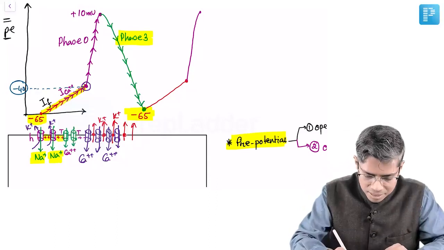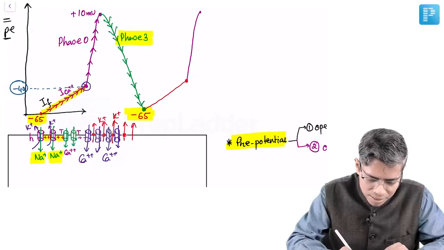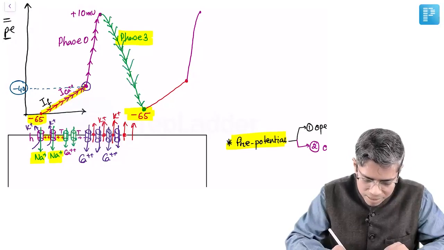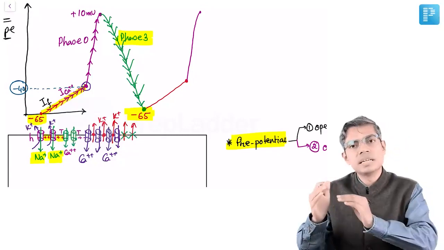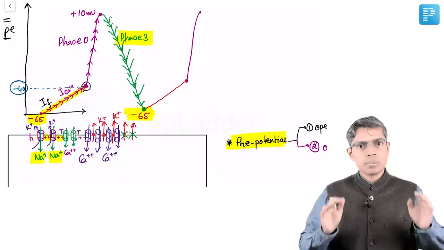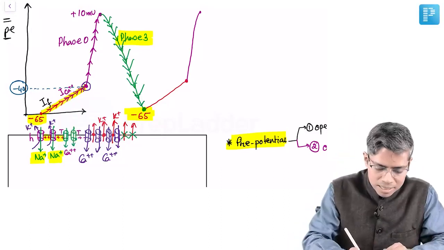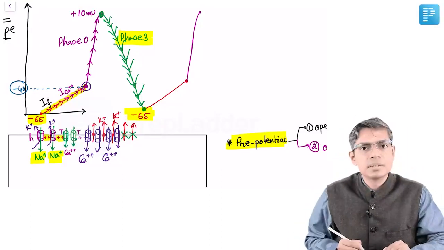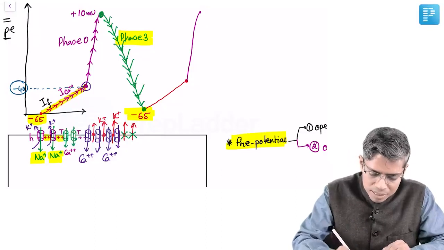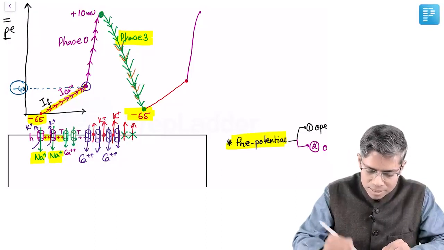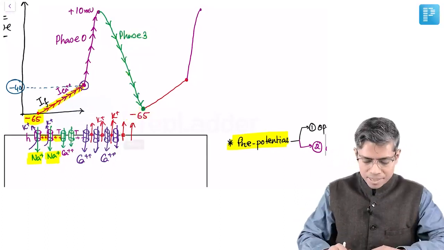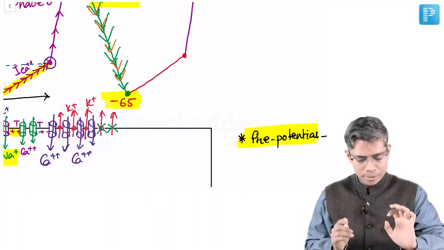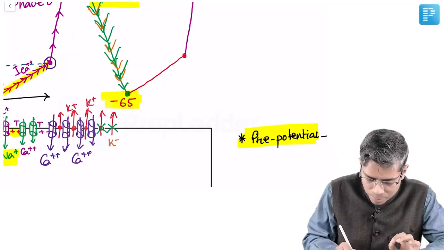So I can understand it like this: whenever the membrane voltage is gradually returning towards minus 65 millivolt, the number of open potassium channels is also going to decrease gradually. Potassium channels are also going to be closed. So the maximum number of potassium channels are open here at the peak. Then as the membrane voltage gradually decreases towards minus 65 millivolt, the potassium channels are also getting closed. So at minus 65 millivolt, the potassium channels are already closed,